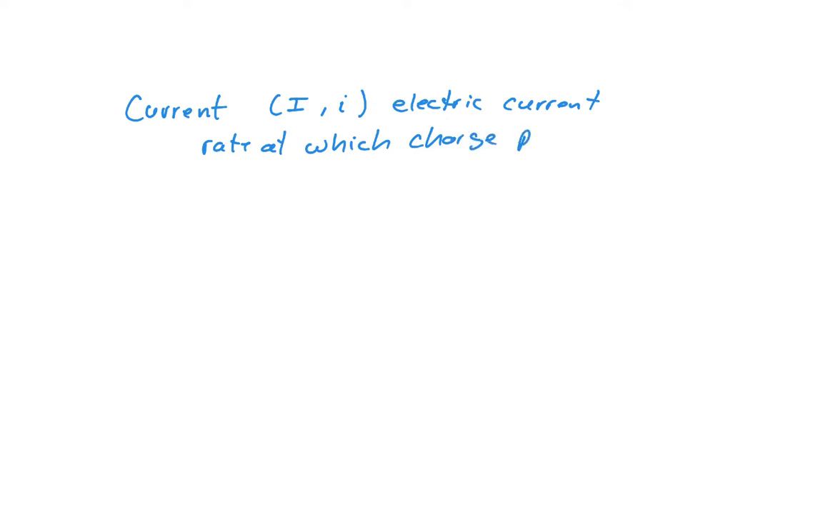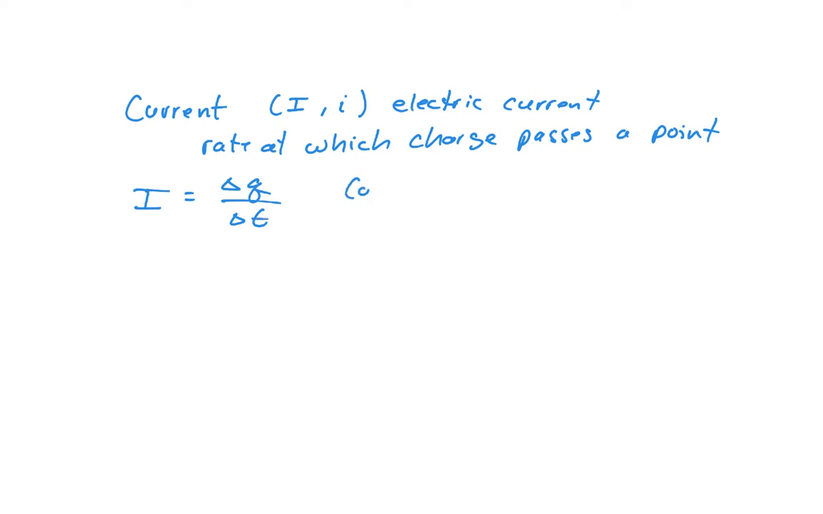So current, and we're going to use capital I. Some people use little i, I usually use capital I, is going to stand for electric current. And it's simply the rate at which charge passes a point. So current is equal to charge over time. So if we were to look at units for that, we know our units that we're using